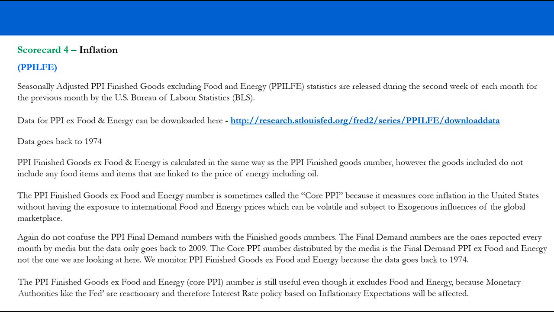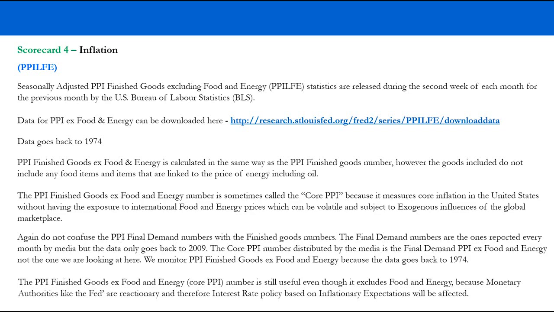The core PPI number distributed by the media is the final demand PPI ex food and energy number, and not the one that we're looking at here. What we do is we monitor PPI finished goods ex food and energy because the data goes back to 1974. And it's obviously still very useful to us to look at excluding food and energy, so the core PPI,